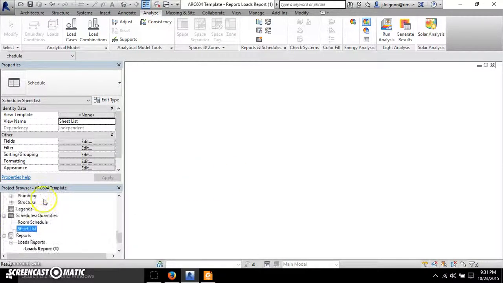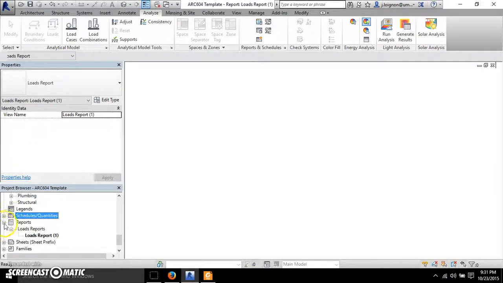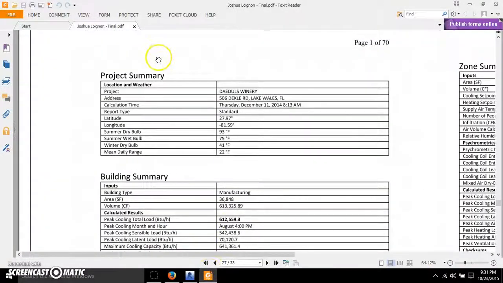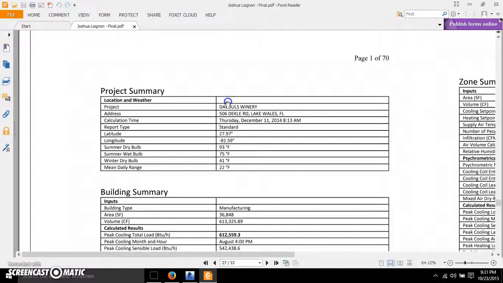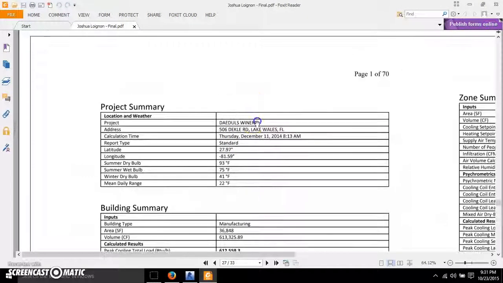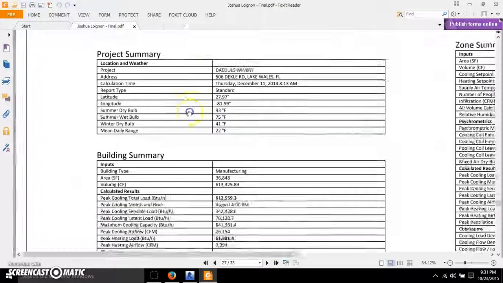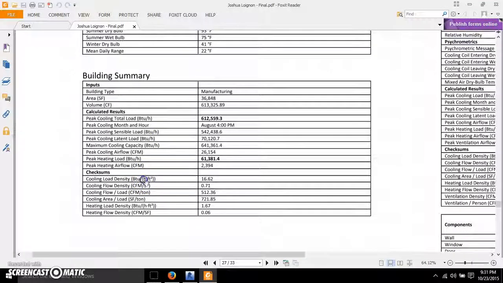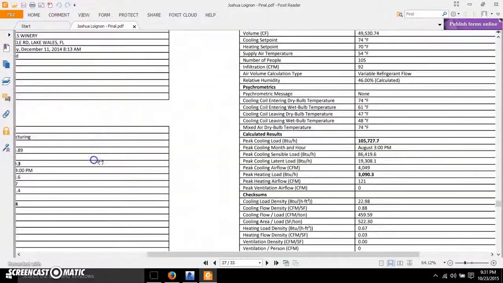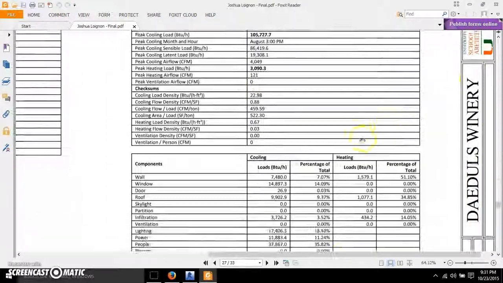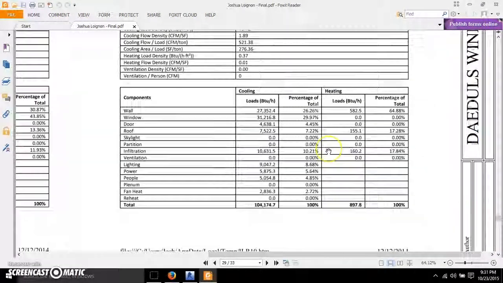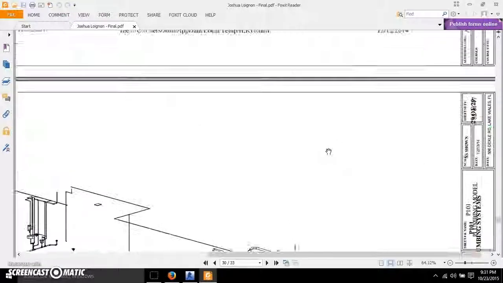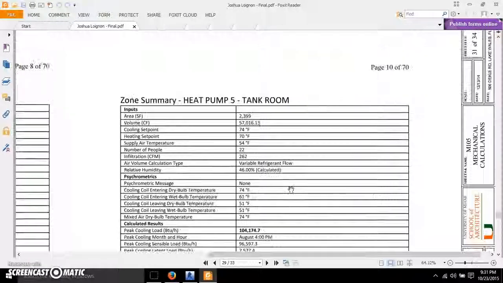But you can see, when you run the report, if you scroll down to where you have your sheets and stuff, a new category called reports is created, and that's where the heating and cooling load report is put. I can quickly show you the PDF from when I did the class for my project. It gives you a project summary and a building summary for all the cooling and heating calculations, and then it breaks it down by zone, all the different zones that you have. If you scroll to the very end, I don't have it on this report, but it actually will show you